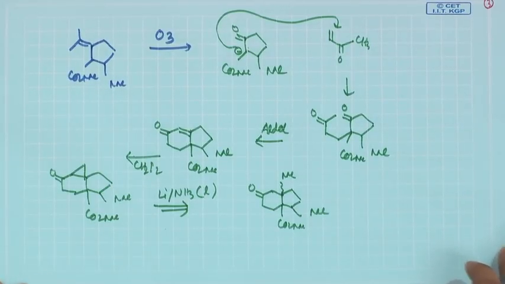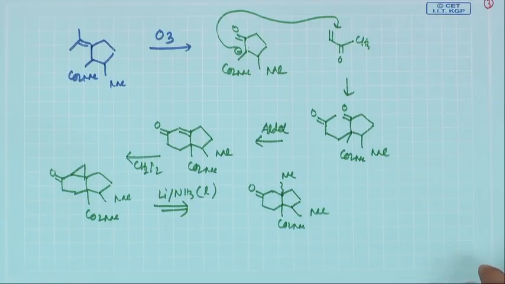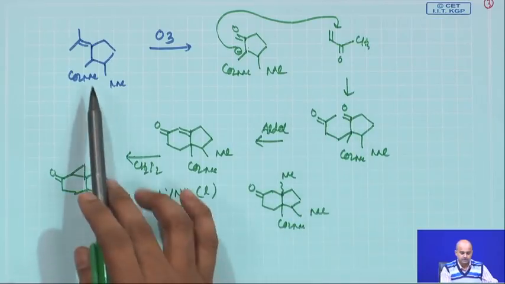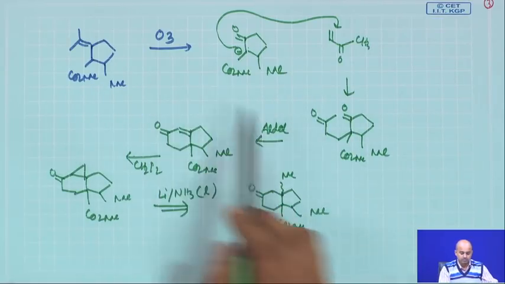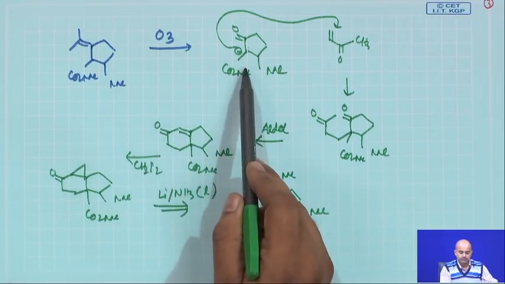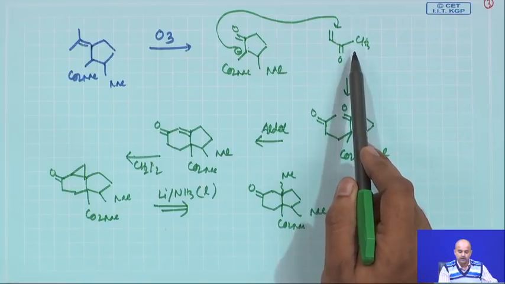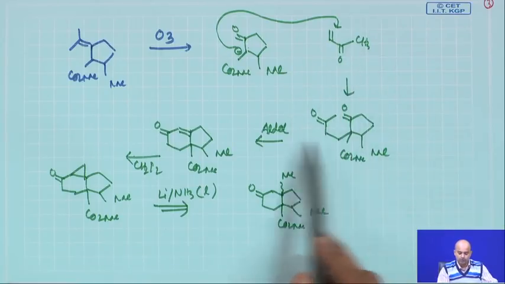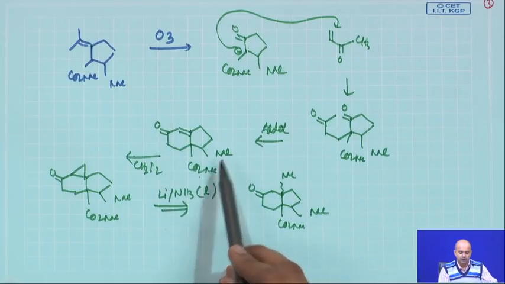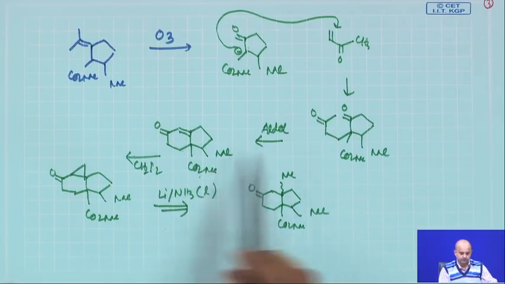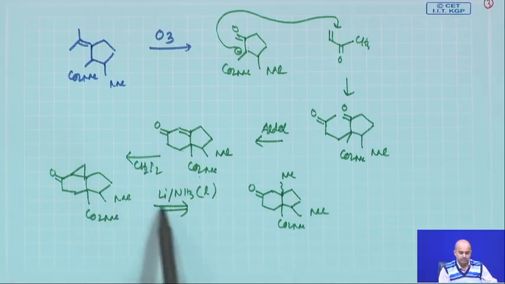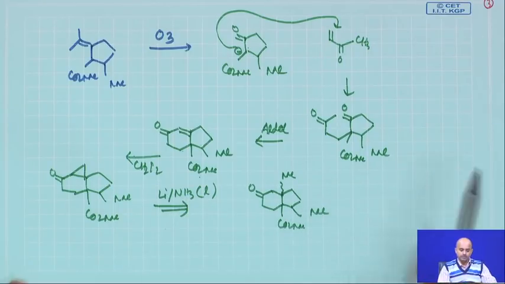Now, once you come here, the remaining part of the synthesis is absolutely simple, and then you can simply quench the reaction mixture. You get this product, do an ozonolysis, come here, do a Michael addition with methyl vinyl ketone followed by aldol, that gives you the alpha beta unsaturated compound. Your CO2Me and methyl are in their respective positions. Now, do a Simmons-Smith reaction with diiodomethane to make the cyclopropane, then you just cleave it with lithium liquid ammonia to complete the